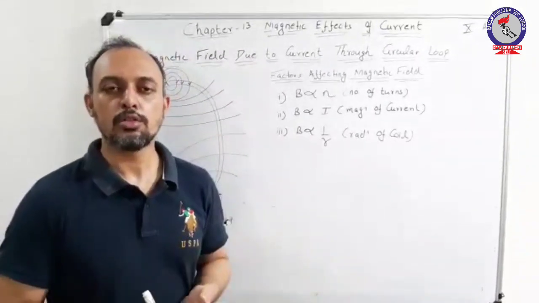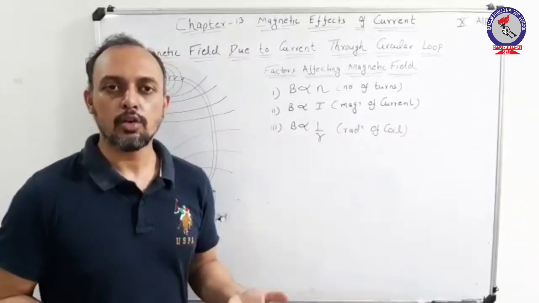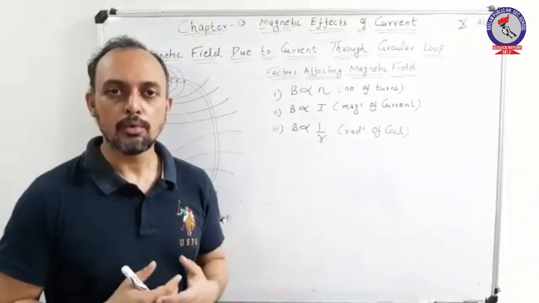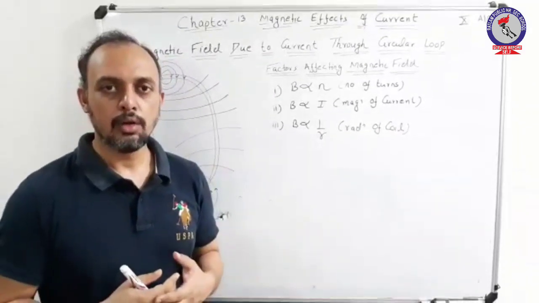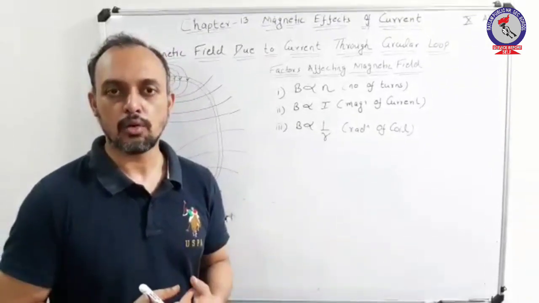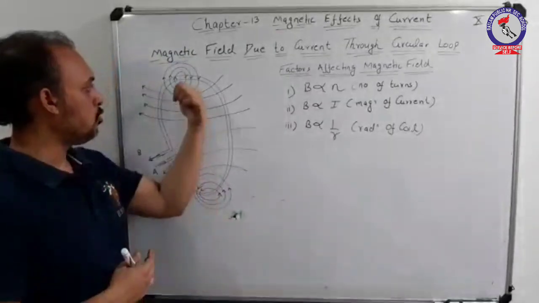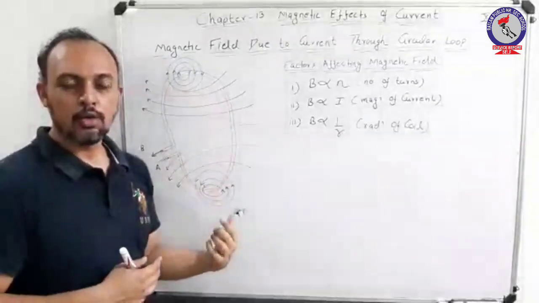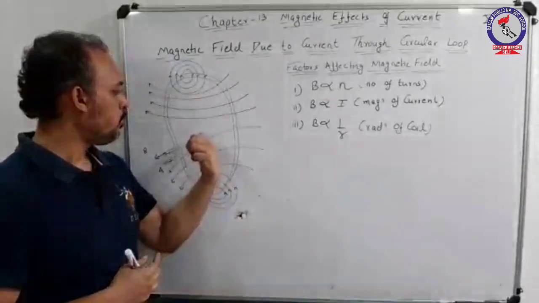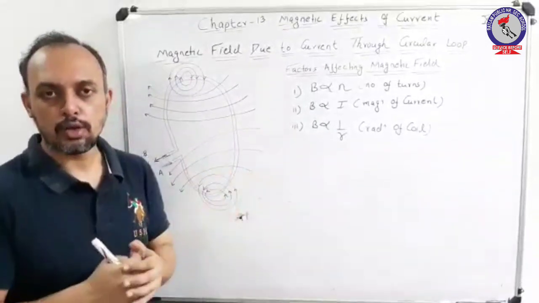The basic concept which comes into play, with the help of which we can determine the direction of lines of forces, is again the right hand thumb rule. So the right hand thumb rule is a very important concept, as we have applied that in a straight conductor as well as in a circular coil. Again, remember this point, that lines of forces appear to be in the form of concentric circles towards the end of a circular coil, and as you move towards the center, the lines of forces appear to be straight.